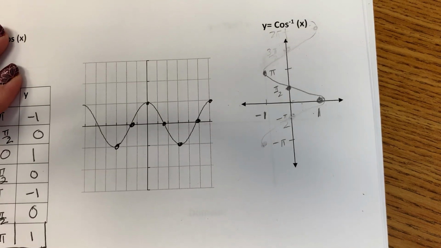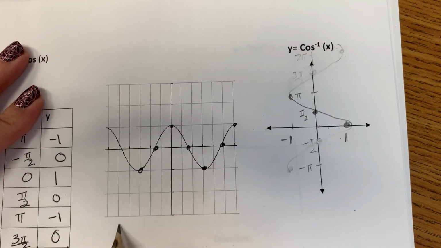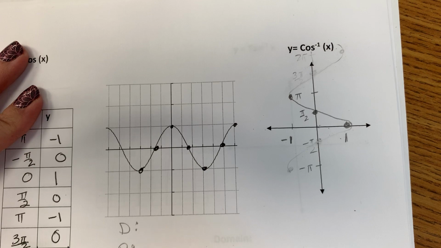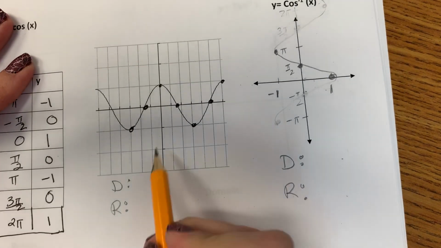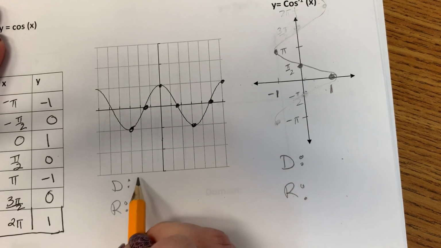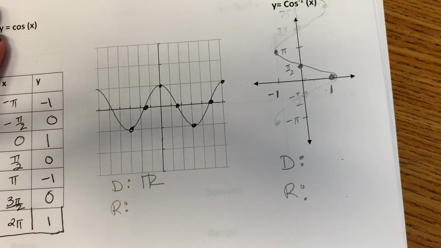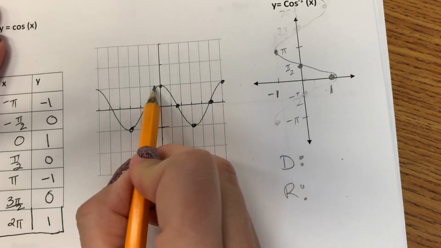So this is so far down there. I'll just write it up here. So the domain and the range. The domain of the parent cosine function, the original, is all real numbers. You can put in any angle and get out a ratio. The range goes from -1 to 1,